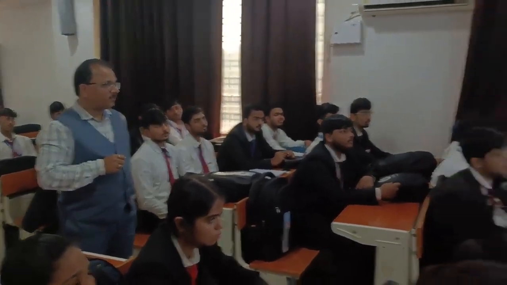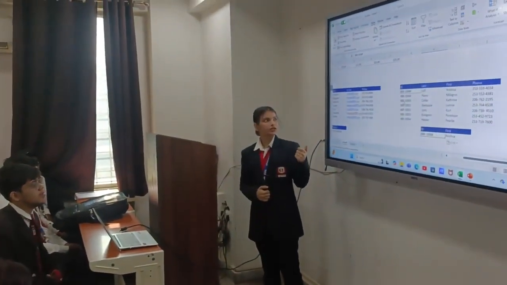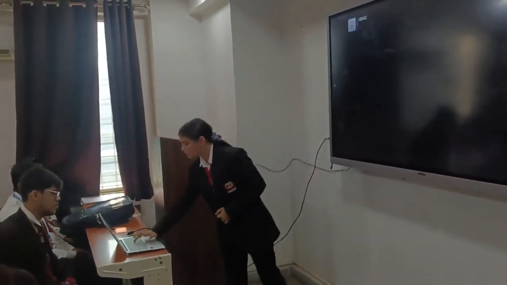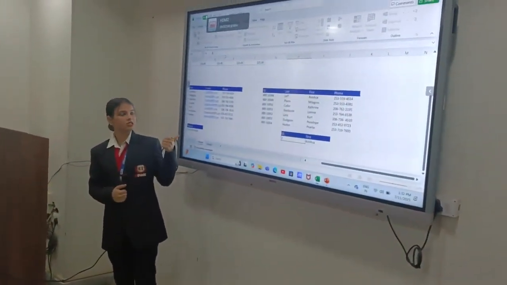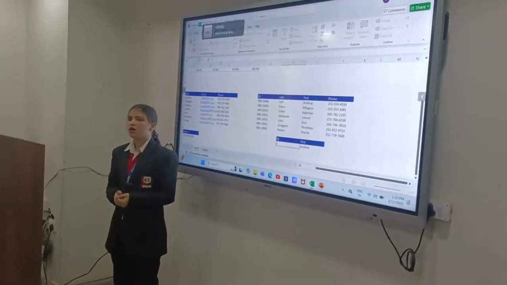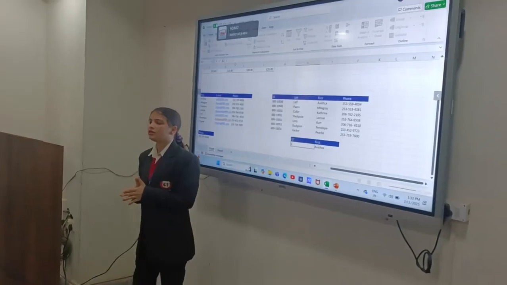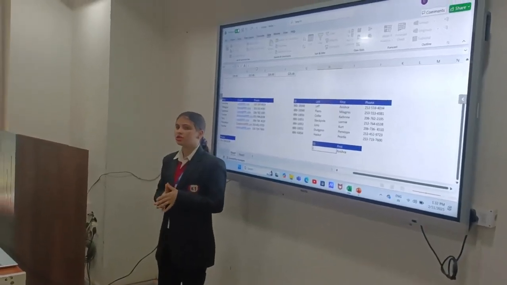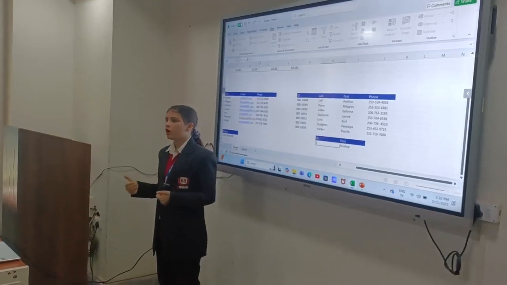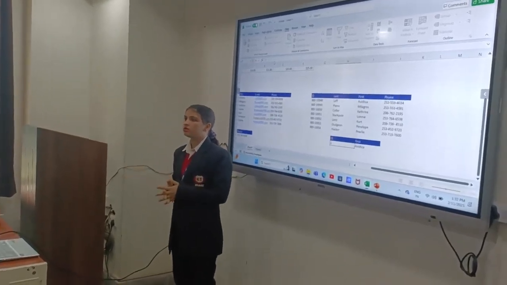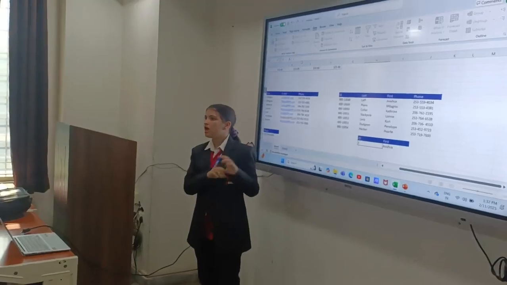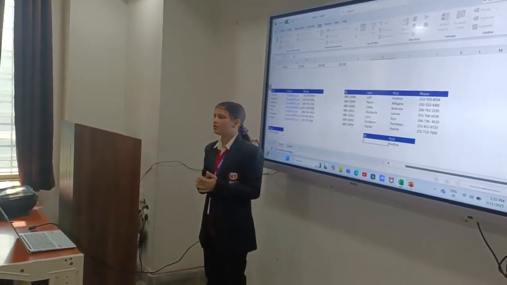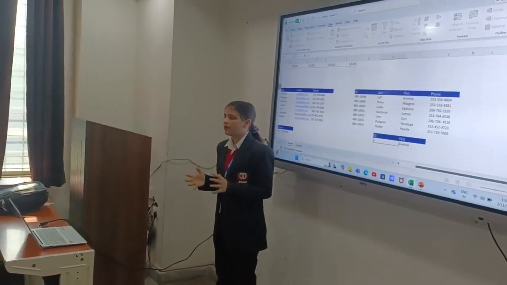By using the lookup function, if we have vertical data, we can use the lookup function, and if we have horizontal data, we can also search it using the lookup function. But in the lookup function, it works in top to bottom or ascending order. It gives us an approximate match if some data is not in that table.